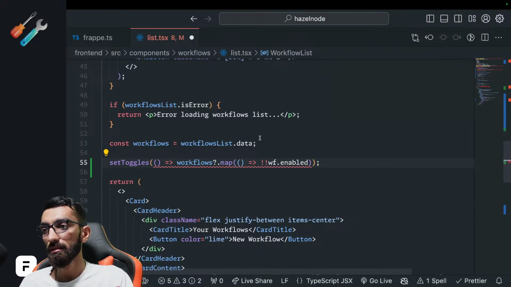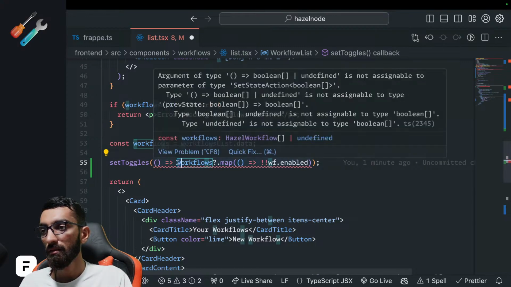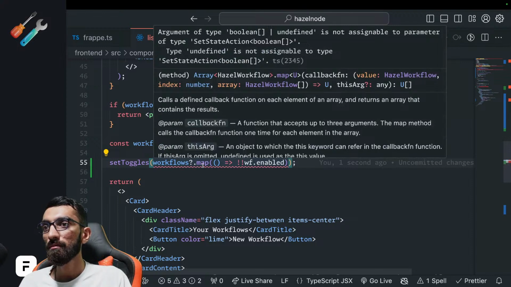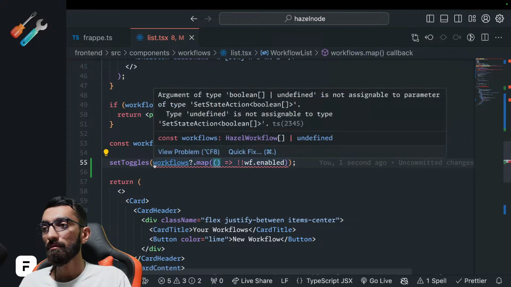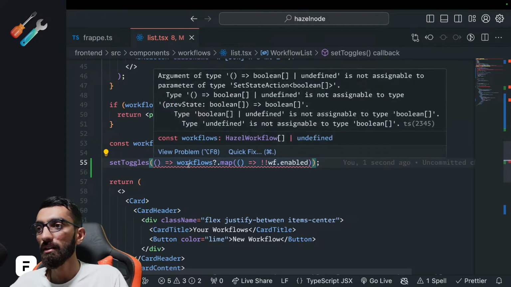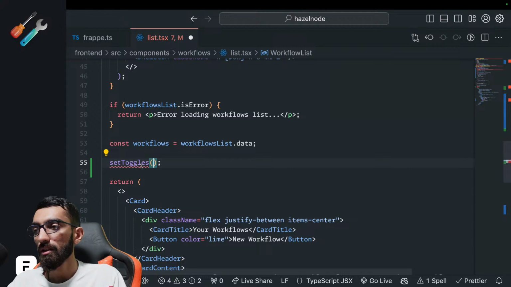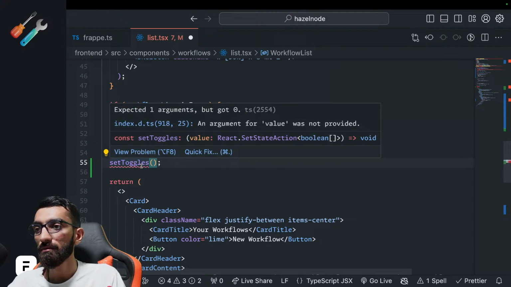Does this make sense? Okay, what's the error? Is not assignable to this. Okay, and what is set toggles accepting? Okay, let's